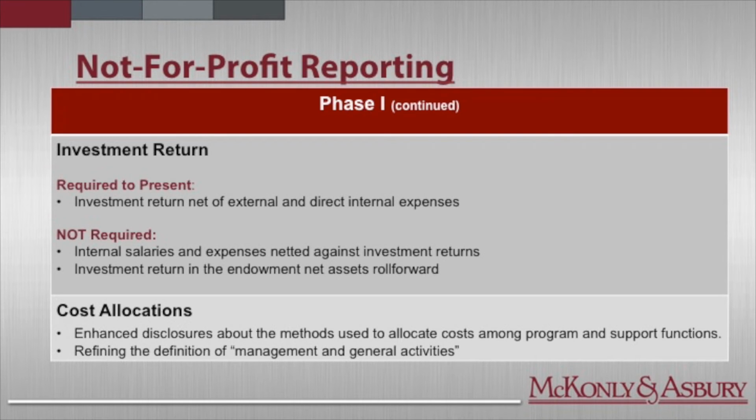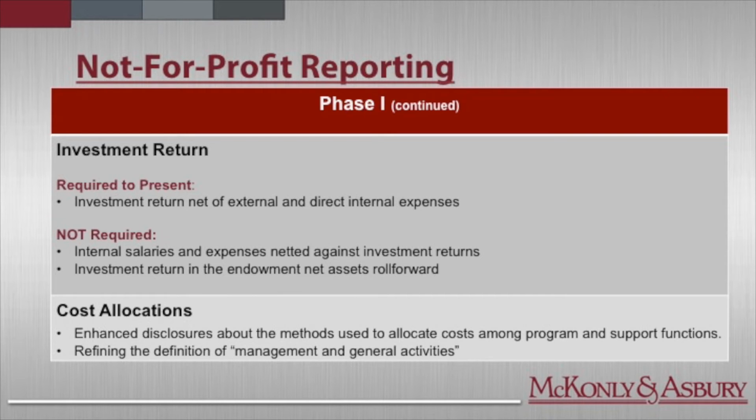So in terms of the investment return, you're now required to present your investment return net of external and direct internal expenses. And in the comment letters, this got a lot of feedback, and there was a lot of concern over this because what if I'm a large nonprofit and I have one employee that manages all of our investments and that's their job? So 100% of their salary would go into those direct internal expenses under the initial exposure draft, and now we would be basically telling a lot of individuals in the organization what this person makes.